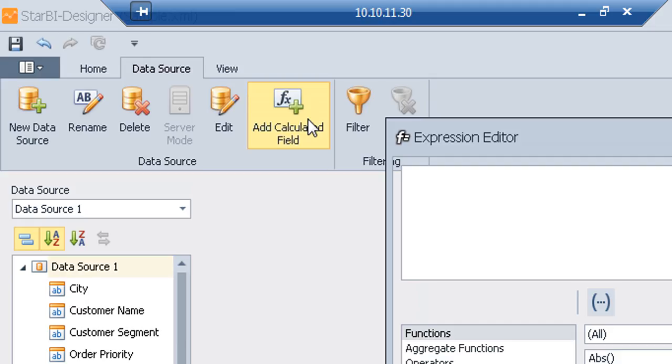This is our Star BI Designer landing page. Here we will click on the New Data Source tab. Star BI connects to various data source types: database, cube, Hadoop, flat files, data extract. Let me show you the enterprise data sources we connect to: MS SQL Server, SAP, Oracle, MySQL, Teradata, and so on. Similarly, we can connect the data through OLAP, Hadoop, or flat files.